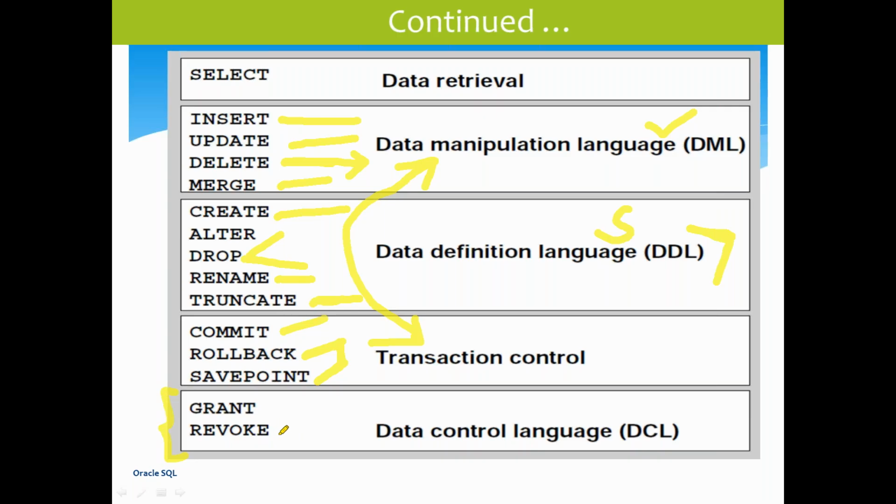And to remove the permission, revoke. Grant is to give the permission, add the permission. This is to delete the permission. These two come under data control language, controlling the data. So these are different statements available in database. Total 5 statements you can tell. In other databases, 4 they are mentioning. In Oracle, 5 they are mentioning. Data retrieve also separately they are telling. This is first one, DRL. Second is DML. Then third is DDL. Then fourth is TCL. And fifth is DCL. Total 5 you can tell and explain.